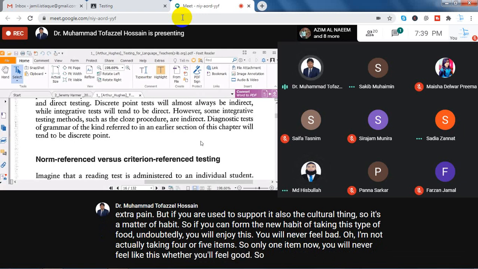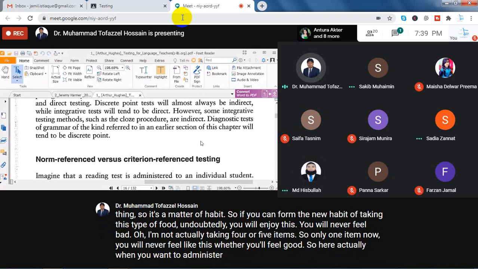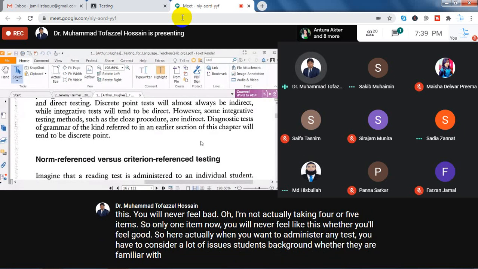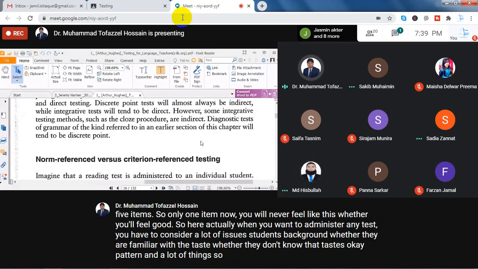So here, actually, when you want to administer any test, you have to consider a lot of issues. Students' background, whether they are familiar with the test, whether they know the test pattern, a lot of things. So then only you have to consider the issue. For example, if it is